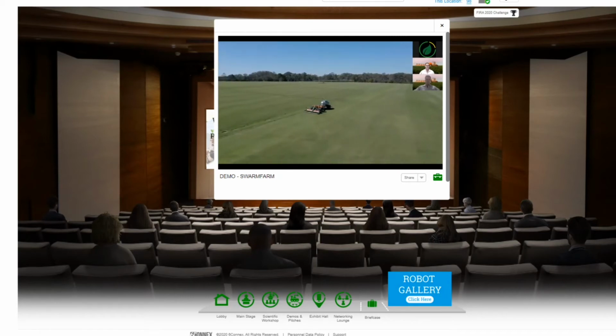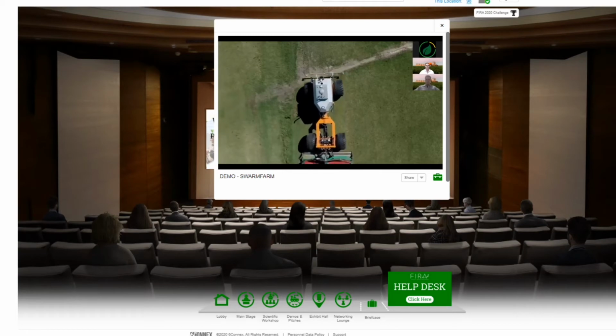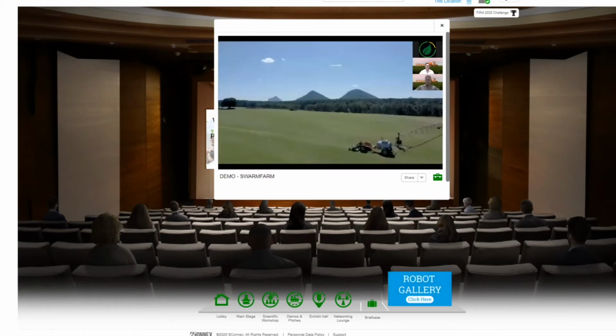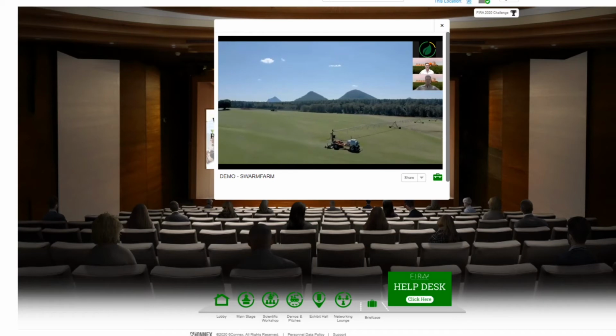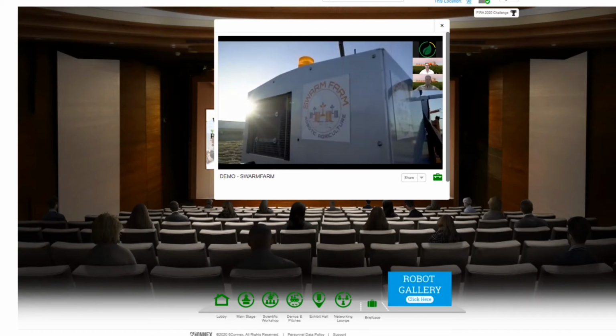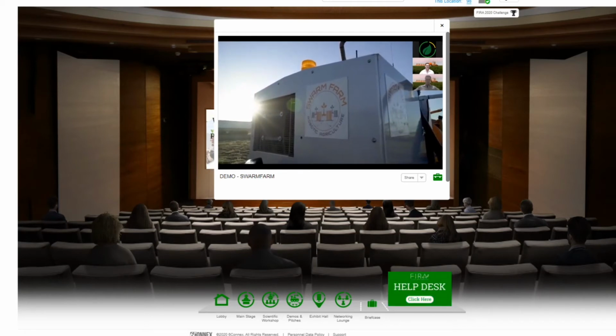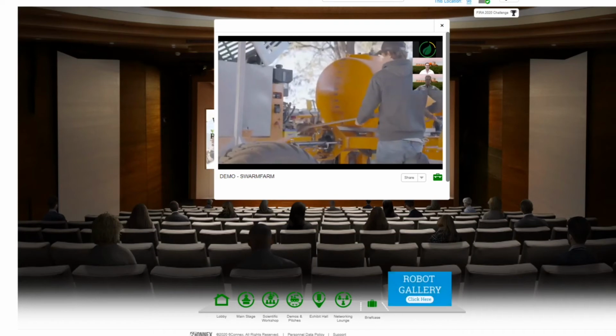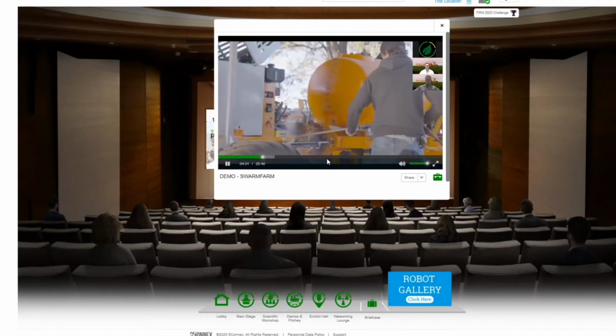We're not a driverless tractor, we're a new way of farming. We partner with independent developers to release apps and attachments on board our autonomous robots to help solve agriculture's problems. There's no way Swarm Farm can create all of the applications needed to revolutionise farming around the world. So we're opening up the world of agricultural implement manufacturers to autonomous farming via our robots. Our robots are already working in a lot of industries, including...